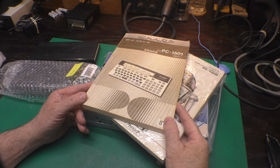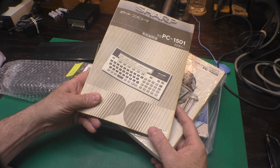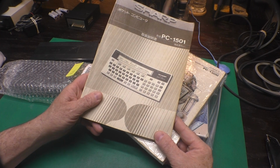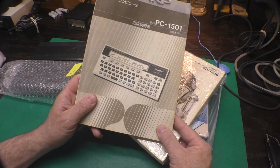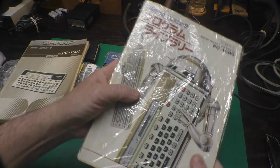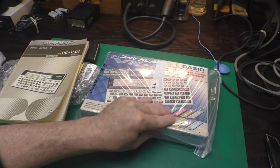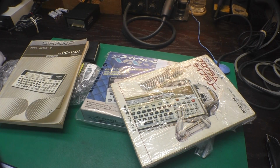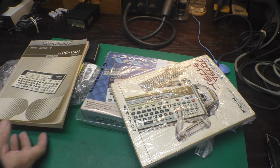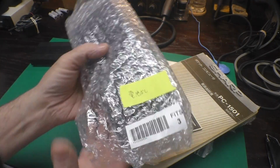Now, as riveting as 10 minutes of me removing bubble wrap would be, I've taken the liberty of doing most of that off camera to save everyone's sanity. But even underneath that outer layer of bubble wrap, things were wrapped in plastic sheets like this, in a plastic bag, in a layer of thin foam with a plastic bag underneath that, an inner layer of bubble wrap, and I noticed